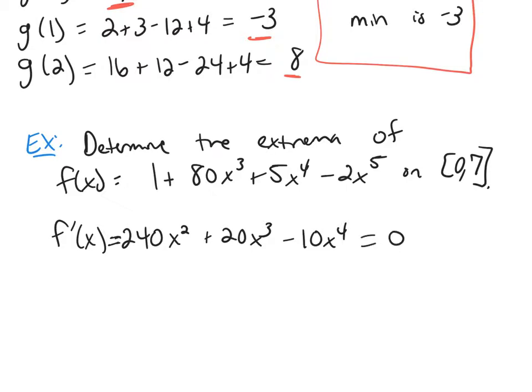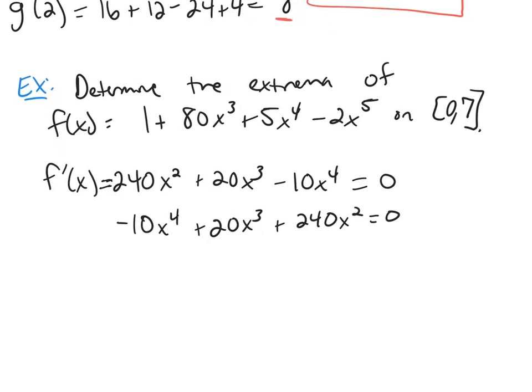So I would like for my terms to be descending, so I'm going to rewrite them so the powers go down. And I'm going to factor out a -10, and I can factor out an x squared. So I get x squared times x squared minus 2x